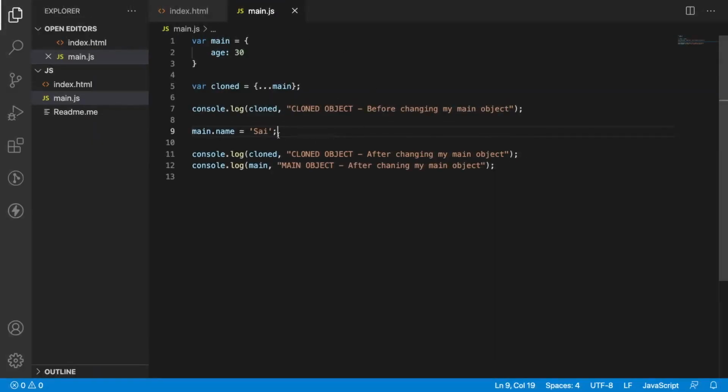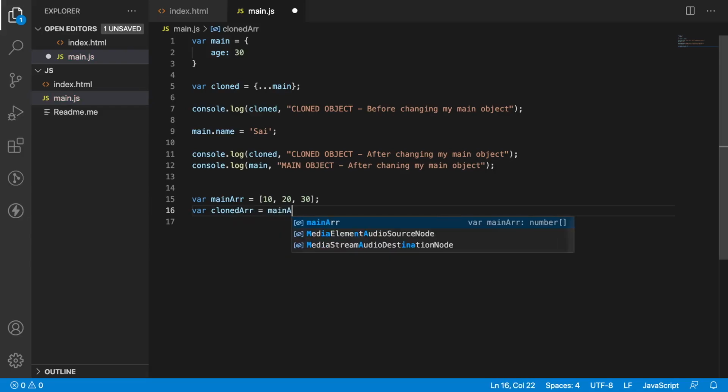And the same thing can be replicated for arrays also. So let me create one array. Let me take main array equal to some array like 10, 20, 30. And let me create one cloned array with that main array.